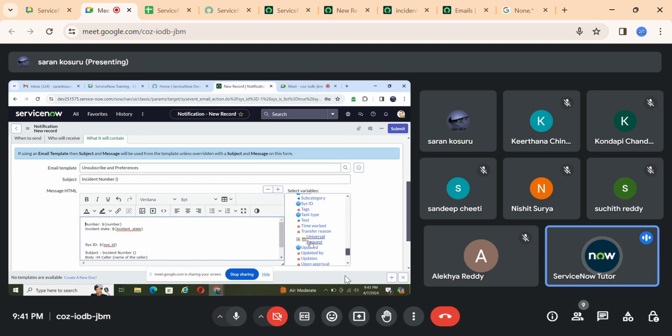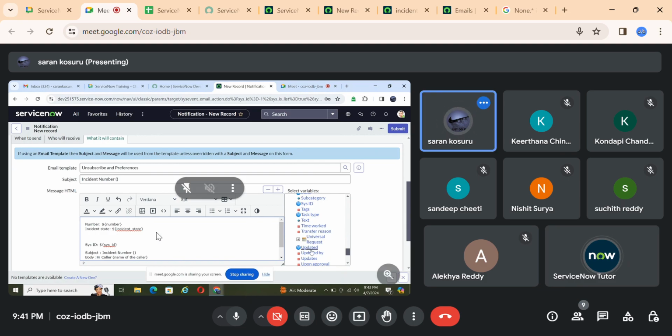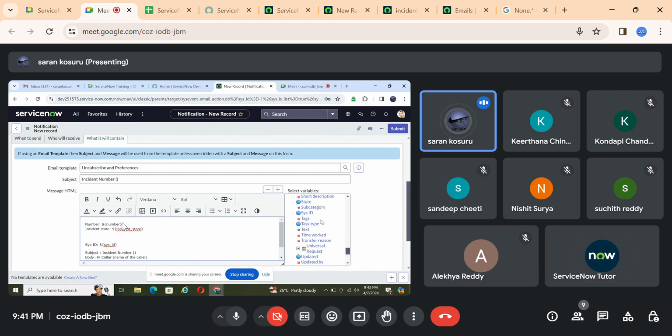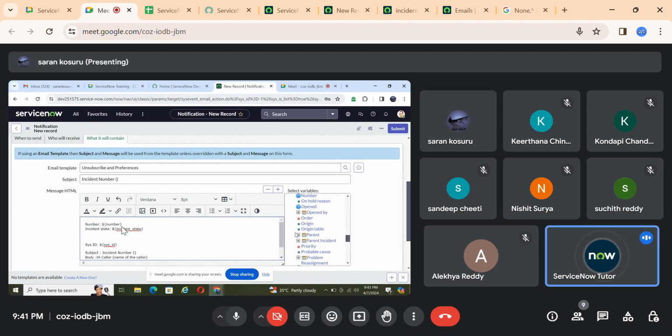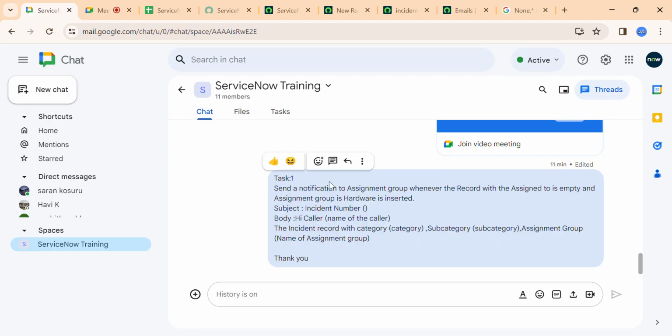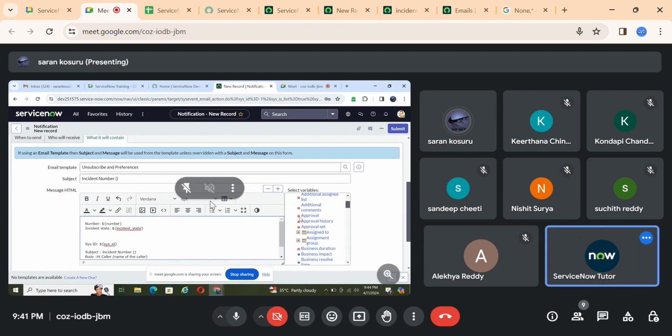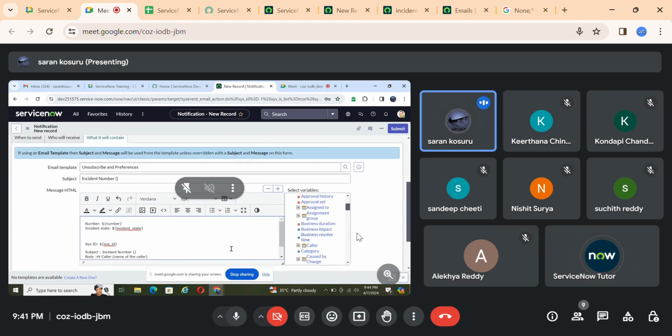Based on the condition. Oh, okay. So if the condition is satisfied, then if we have multiple incidents, will multiple incident numbers also be populated? Yeah, you're right. So we don't have a table here. So what about that table? What table? You said we will see the table here. Okay, table columns, you mean to say. Yeah, all the table columns will be available over here, related to that thing. Okay.